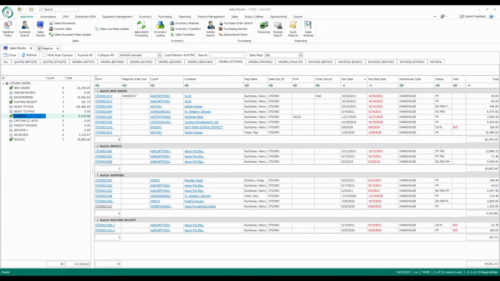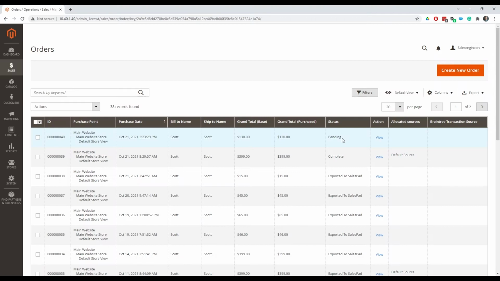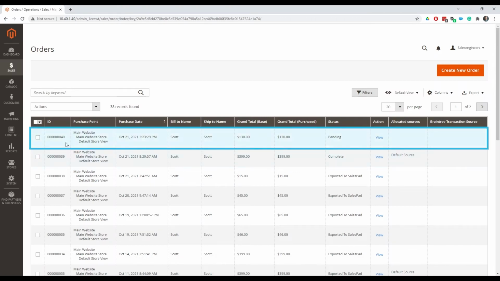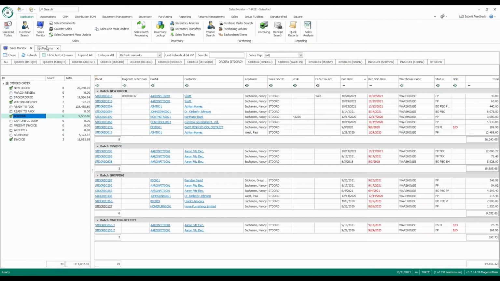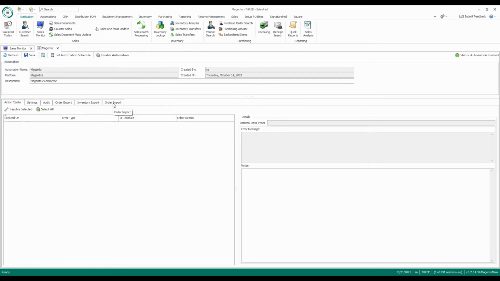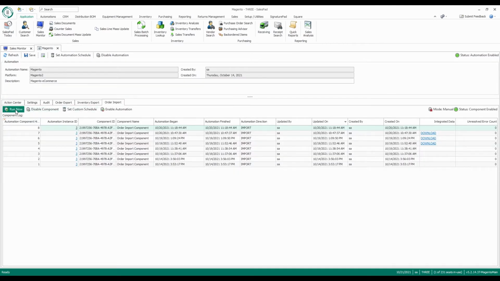First, let's run a sample order through the process to demonstrate the simplicity. From the Magento platform, you can see a new order was placed and has a pending status. This is something I want to import to SalesPad for fulfillment. Upon running the order import, the data will come across based on what you have scheduled. So you can run this every minute, every 5 minutes, a particular time of day, a particular day of the week. You don't have to touch this once it's defined, but I'm going to go ahead and run this now